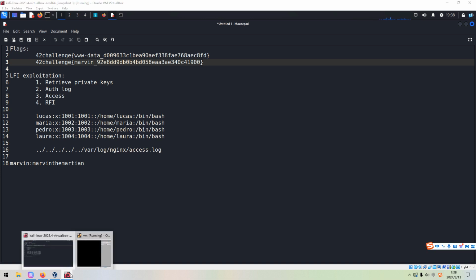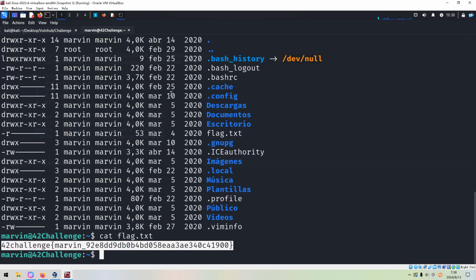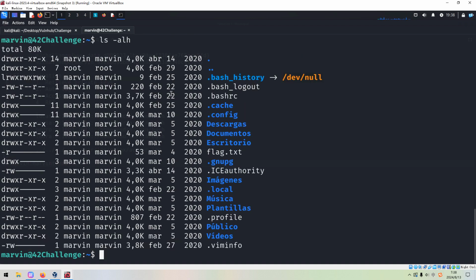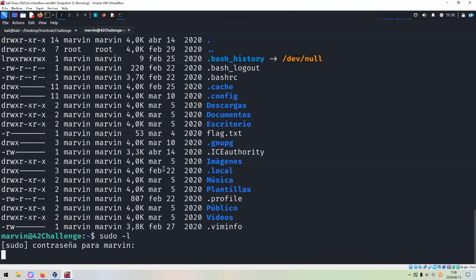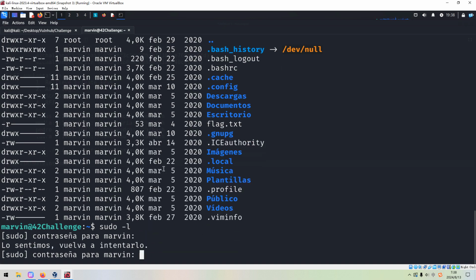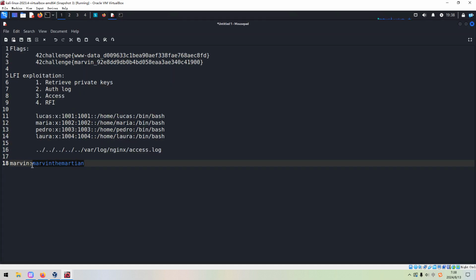So next, how to do next? We need to do local enumeration, right? So how to do? We can, for example, do sudo. Paste. I need to copy the password again from my notebook.